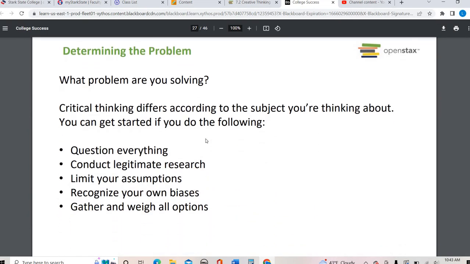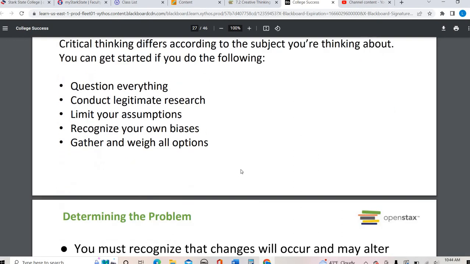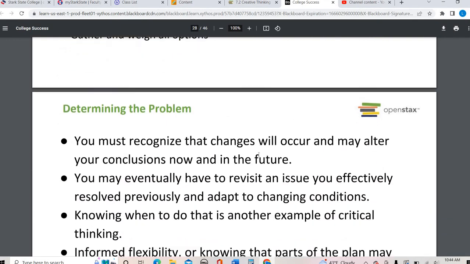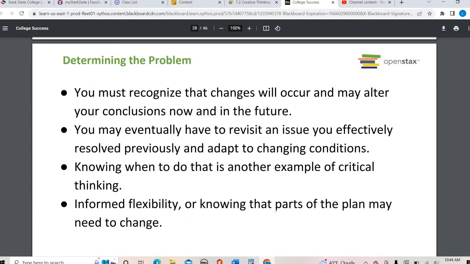If we are trying to problem solve, there are steps that we should be looking at: questioning things, looking at our sources, trying to put our own assumptions aside. This was something we talked about in a previous quiz, looking at our preset biases and how those might get in the way of picking sources or communicating with other people. Whenever we are problem solving or critically thinking, here are things we want to keep in mind, knowing that sometimes things change. We have to be flexible. We have to be able to adapt as needed.